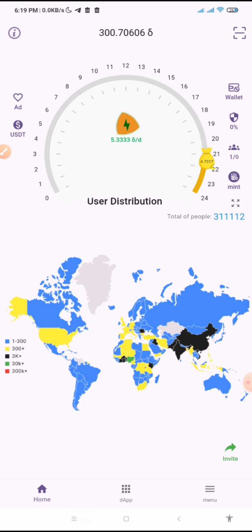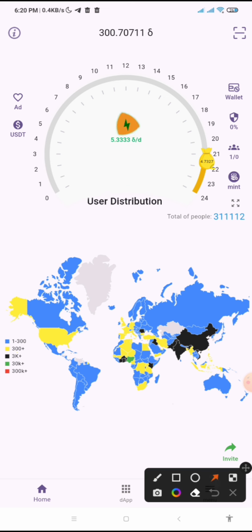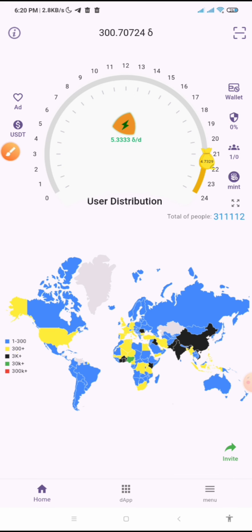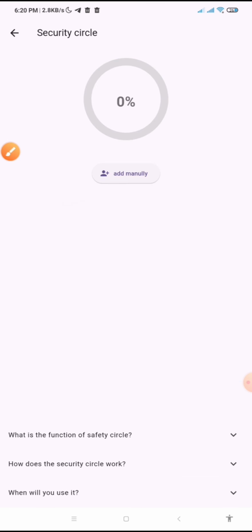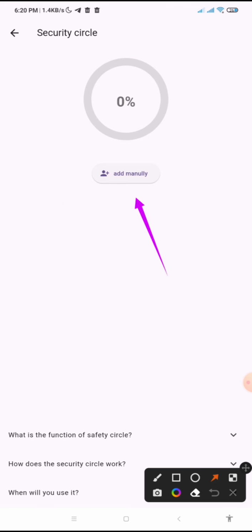Okay, now in order for you not to pass through this process again, what you have to do is, once you gain back access to your account, just as I have accessed my own account, you will have to add your security circle. And when you click here, I'm going to show you in this video. Okay, click here, then you click on the add section. I want to add a security circle now so that you see and know how to do it,